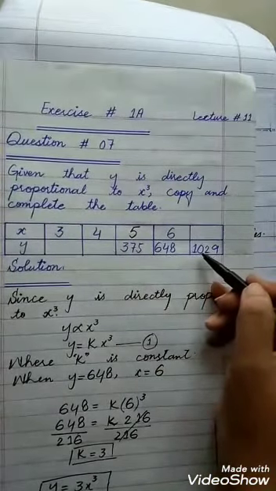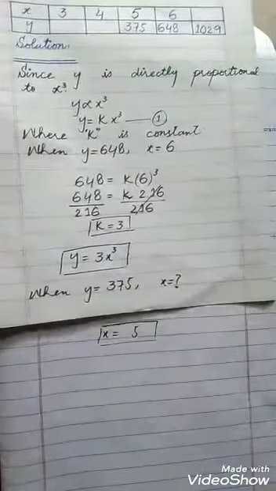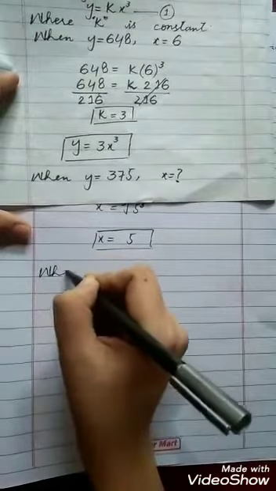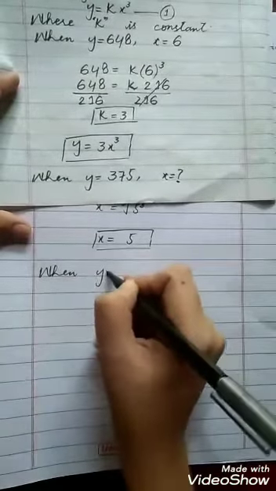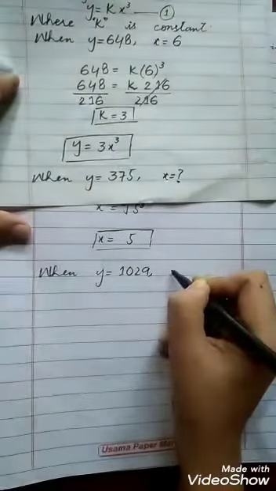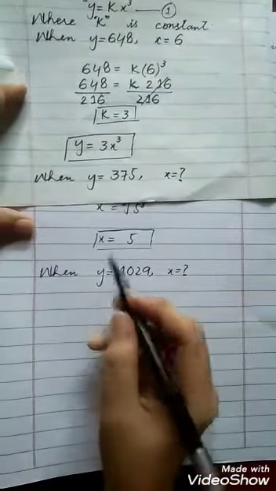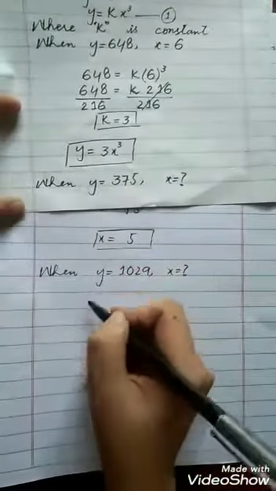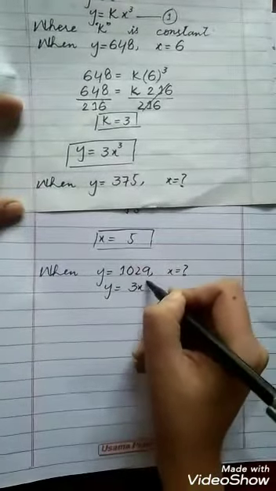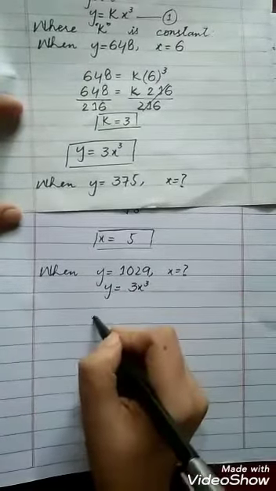Now we will use y is equal to 1029. When y is equal to 1029, we have to find x by placing these values in the same equation, y is equal to 3x cube. So we will place values here. What is the value of y? That is